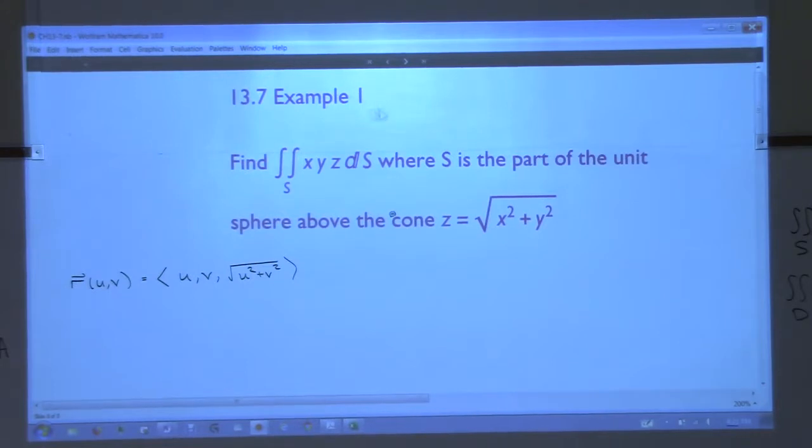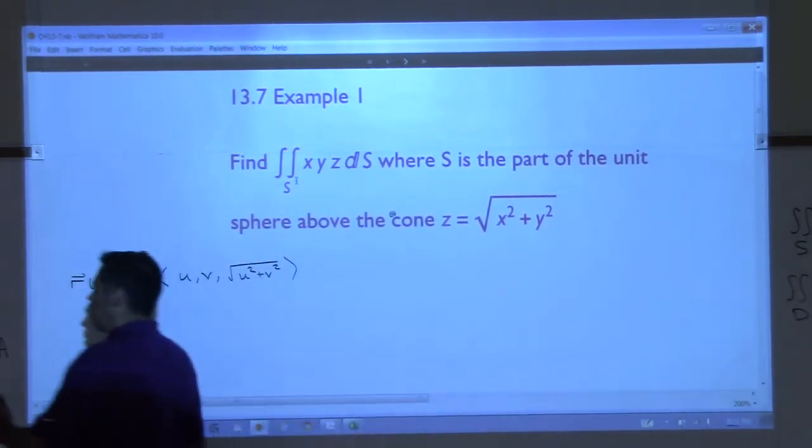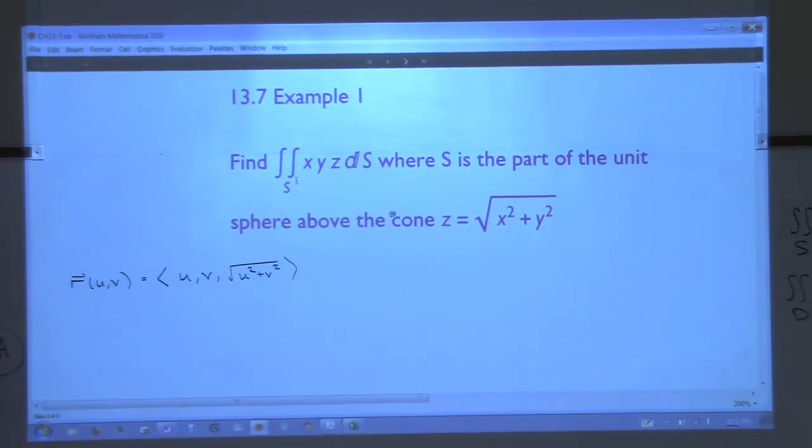So that was going to be my question to you: can we use this? If this whole thing is this, then can we use the shortcut? The answer is yes, and what I want to do is show you it both ways. I'm going to do it without the shortcut first, then with the shortcut, and I think you'll agree that with the shortcut is a little bit faster. It is truly a shortcut. All right, so let's